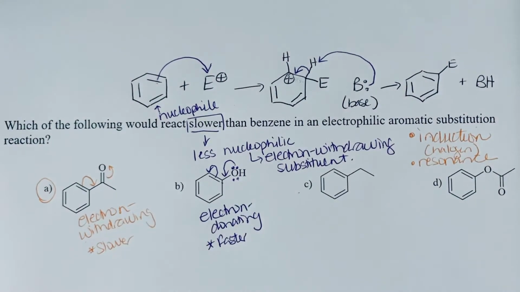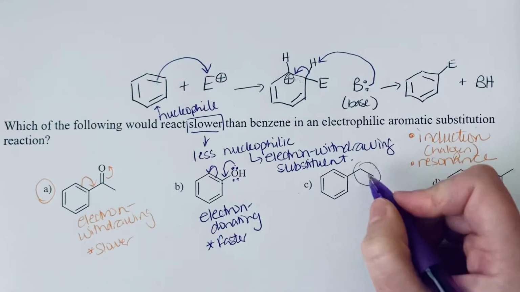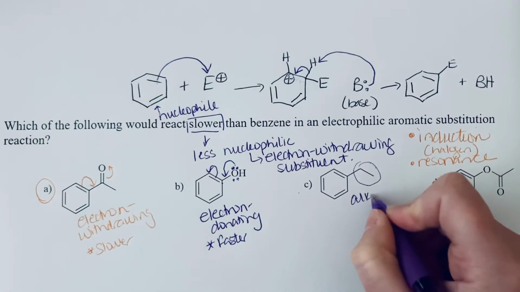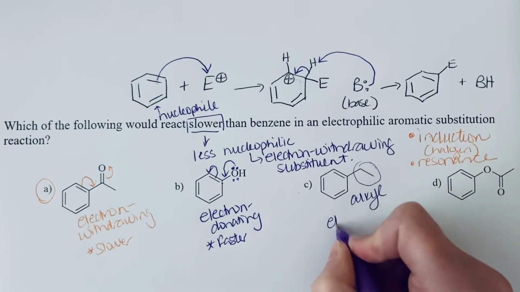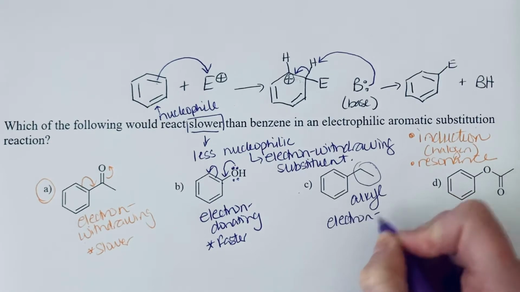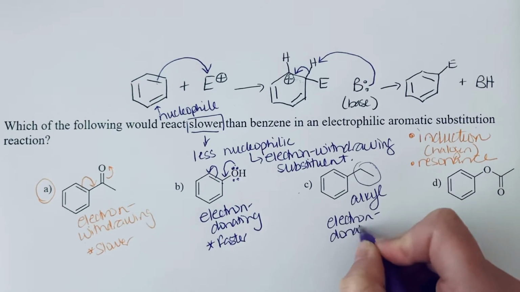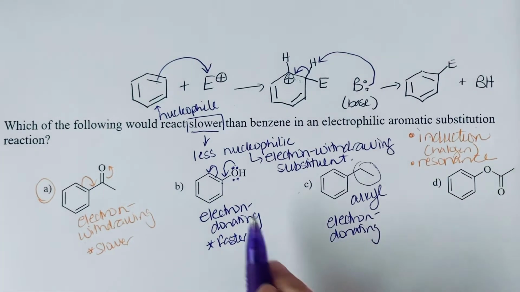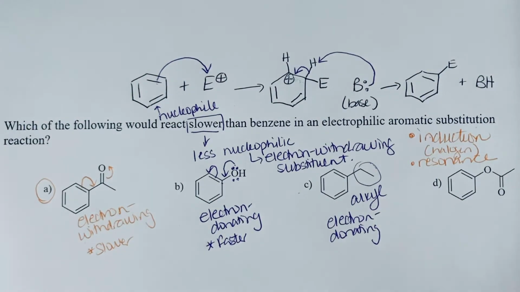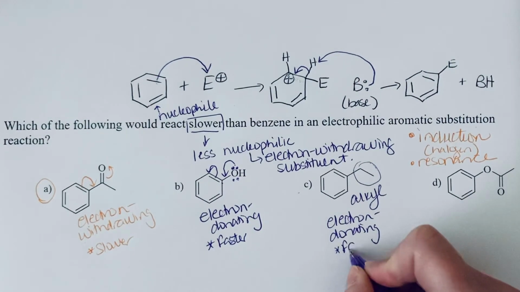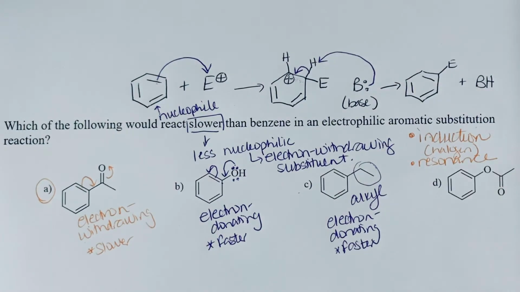If we look at C, we've got an alkyl group. Alkyl groups are electron donating by induction. It's not as powerful an effect as resonance, but nonetheless, this will still react faster than just an unsubstituted benzene. And if we look at D, we've also got a carbonyl, so this one could be a little